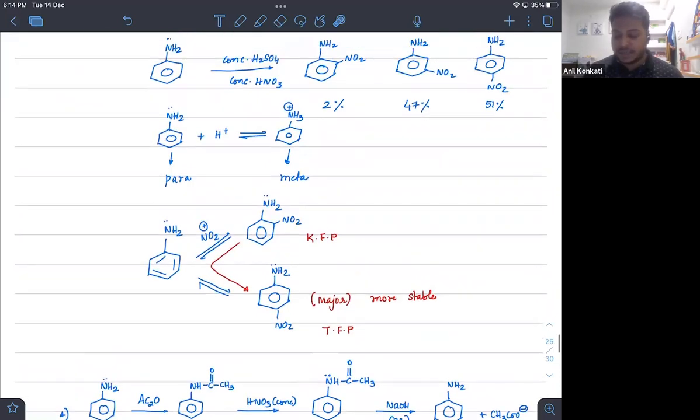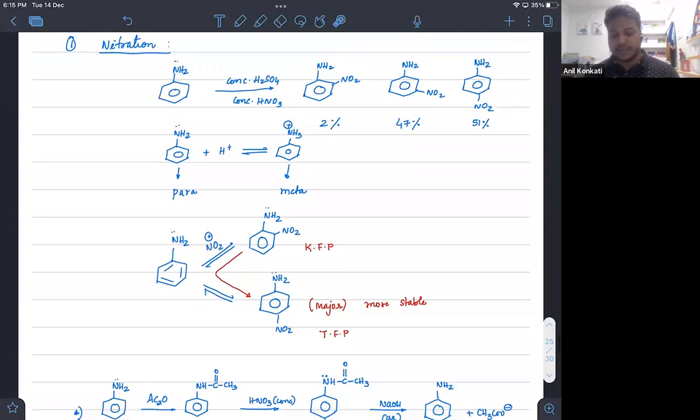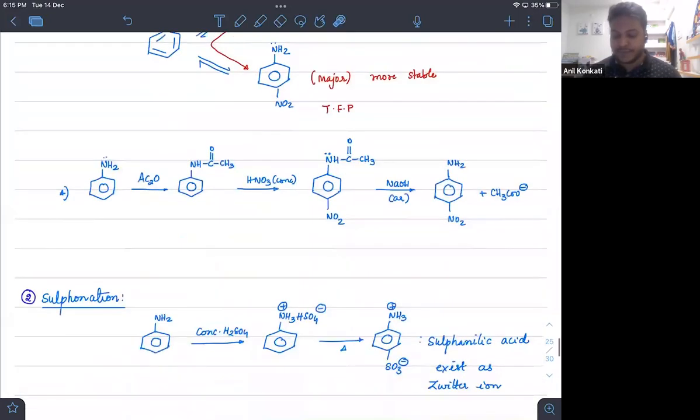Clear? And slowly here meta will start reacting, so the reaction also will slightly shift into the forward direction as the product is forming based on Le Chatelier's principle. So this amount will also start increasing, because of which you will see sufficient amount of meta product form. Okay. So ortho will be almost dried out while para and meta will be maximum. Clear everybody? This is about nitration.